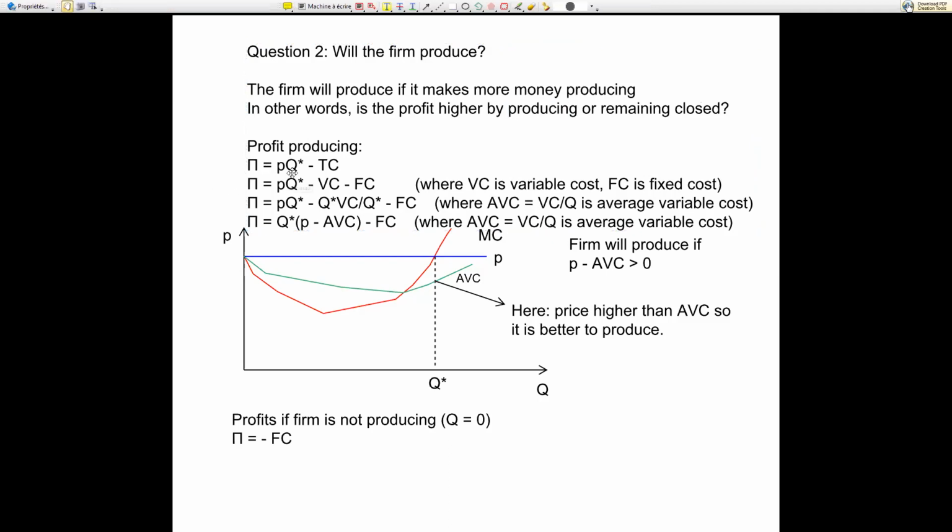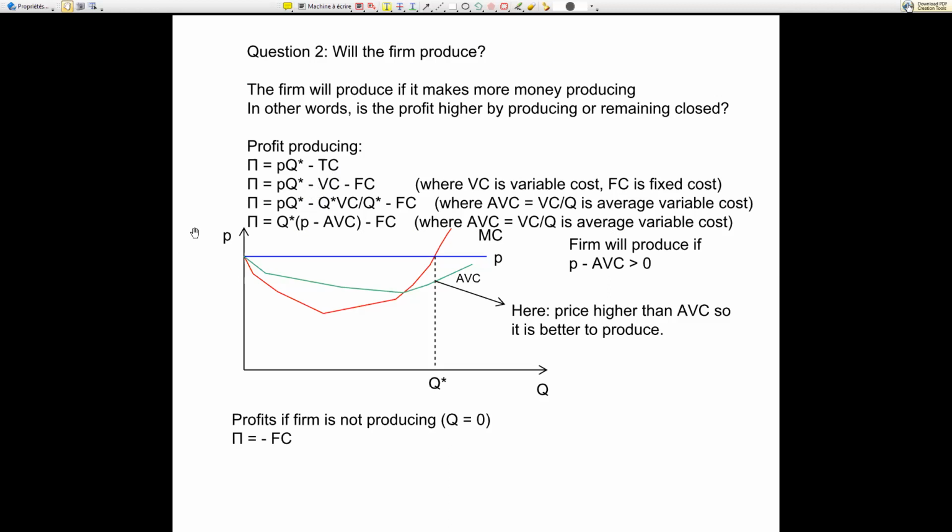So here is how we decompose the profit by producing. Look at the way we can decompose it. Total cost is a combination of variable cost and fixed cost. The difference between the two is that the fixed cost, I have to pay whether or not I produce, whereas variable cost I do not have to pay if I decide not to open my firm. So I'm not going to ask anybody to come to work, for instance.